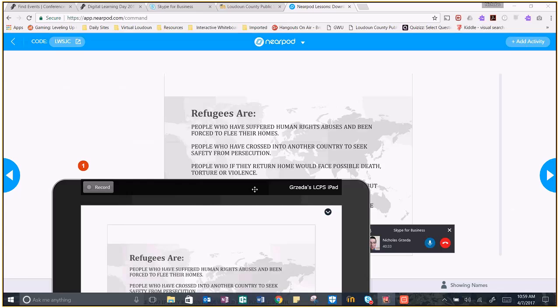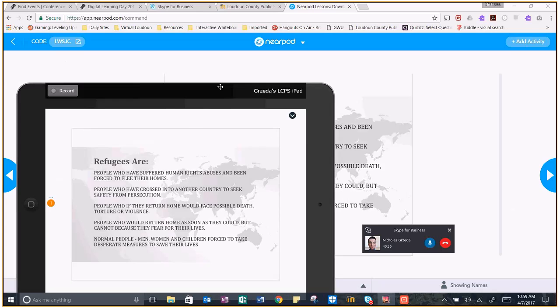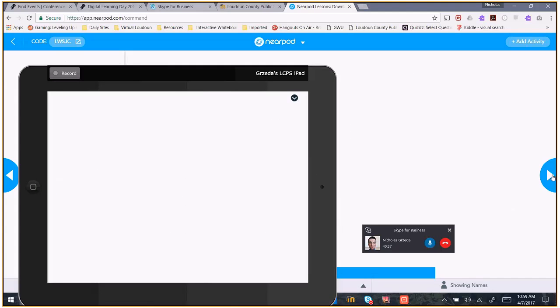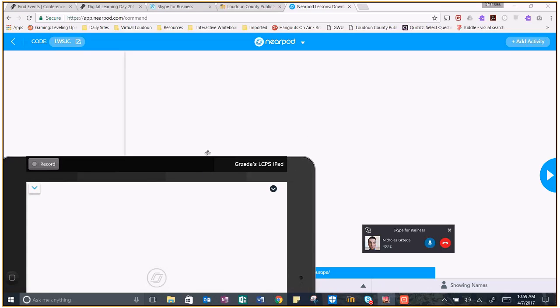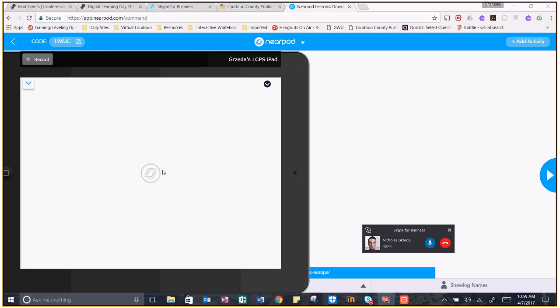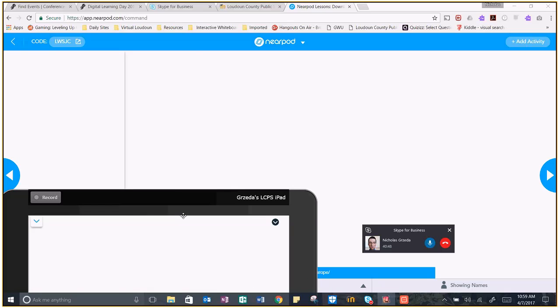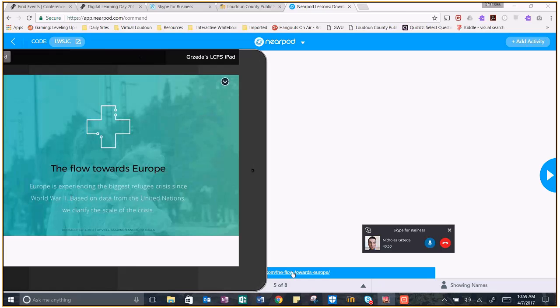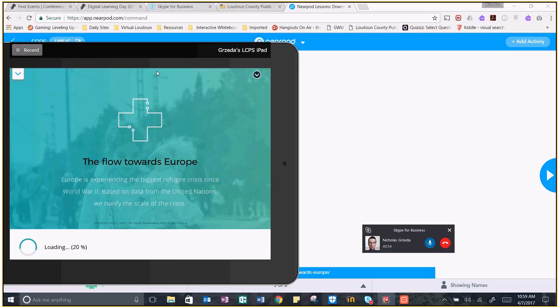You can post notes, as you can see right here, and again, it just keeps following through. If you have a hot link website, it should pull it up on that particular student's device. This one's a little bit bigger. This website was giving us quite a few issues because, oh, look at that, it's actually showing up. It's a rather